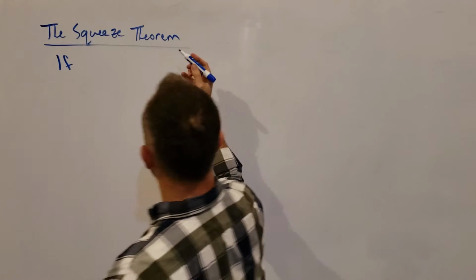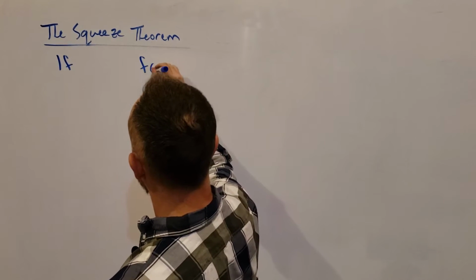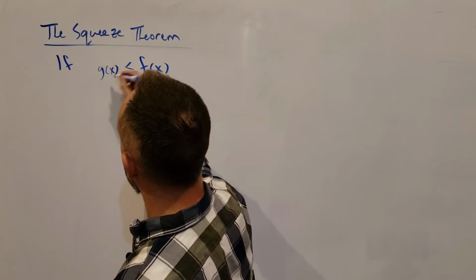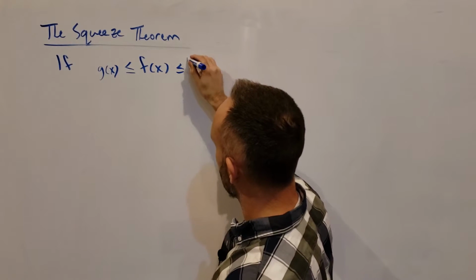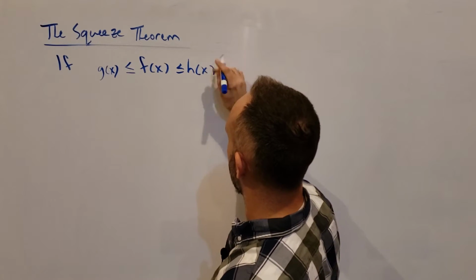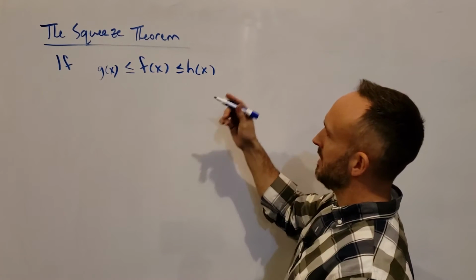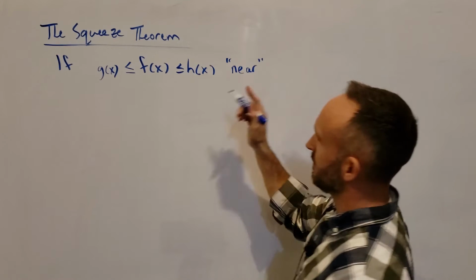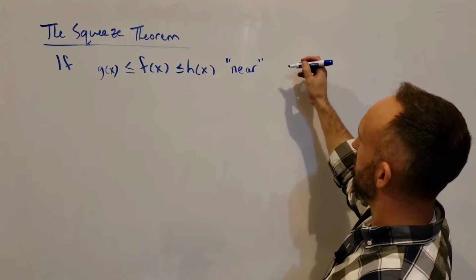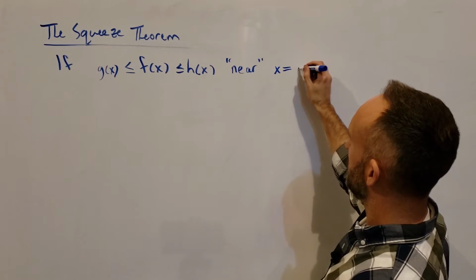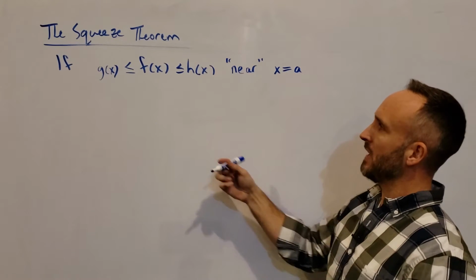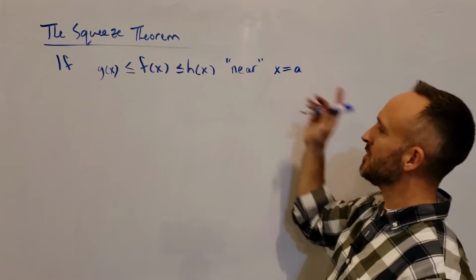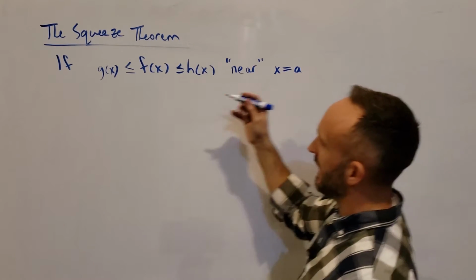If f of x is greater than or equal to some other function g of x and is also less than or equal to some function h of x near, meaning from both sides, near some x value we'll call a. So if f of x basically is between the two functions near this x value of a